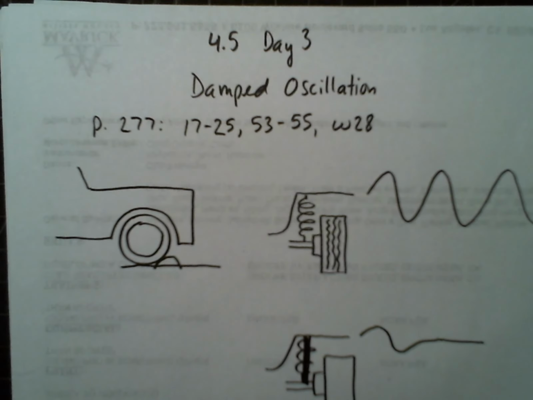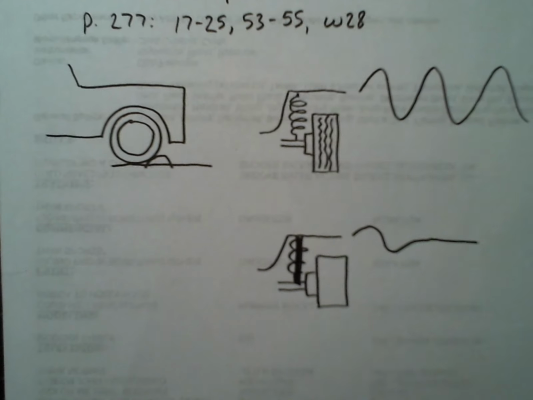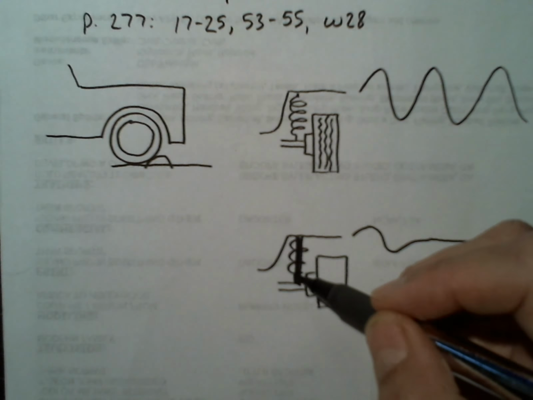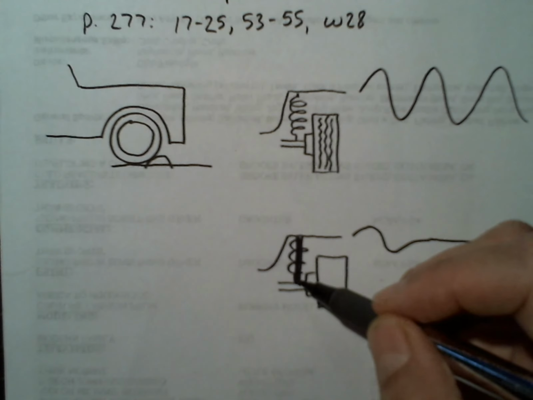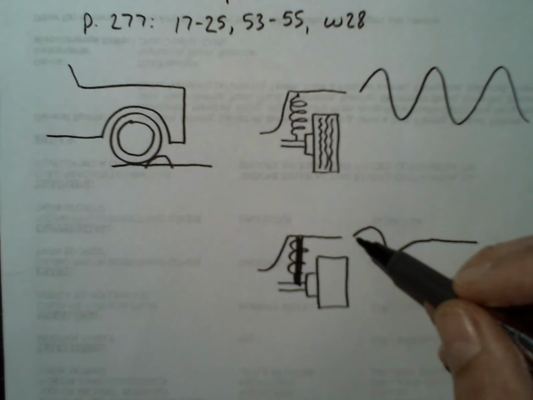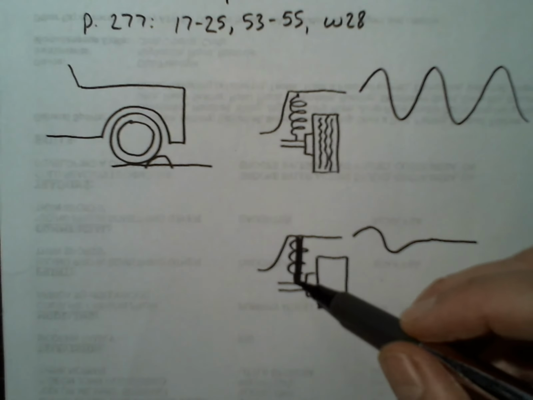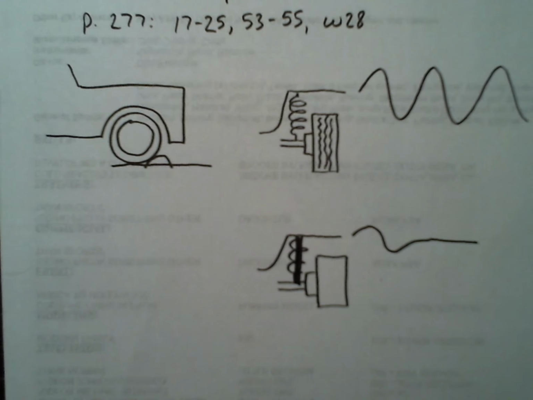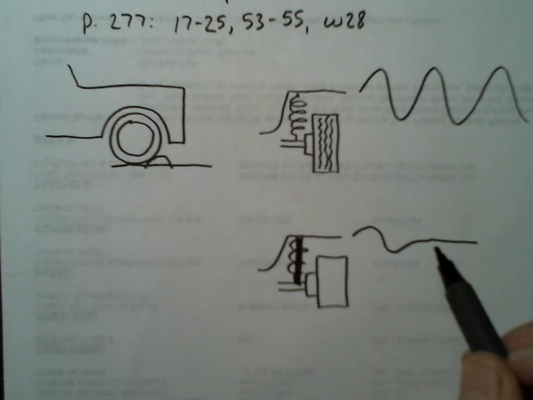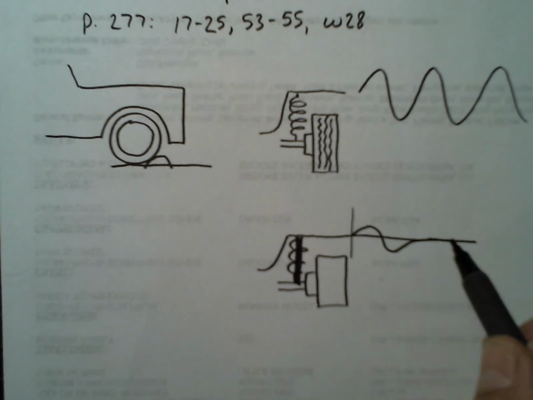So we don't want that, and that's why they put a shock absorber in there. So here's a piston that has fluid in it, and when the tire pushes up, the car would just move a little bit and then flatten out because there's friction in the fluid inside of the shock absorber. And we're going to talk about this type of graph where if we had axes, then